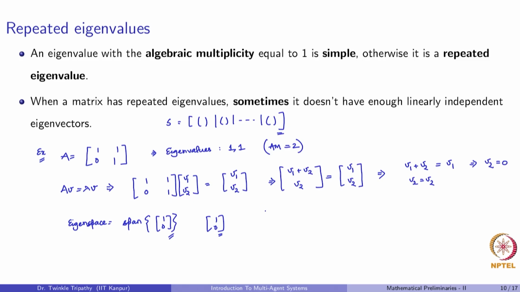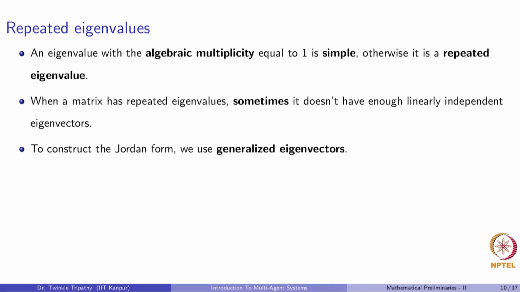Then what do we do? How do we construct the matrix S? We are supposed to have two eigenvectors. S should be invertible, so that is why we need all of the eigenvectors to be linearly independent. But we do not get that, we get only one eigenvector. How do we go ahead and calculate the rest? Let's answer that question. In order to be able to do that, we construct what are known as generalized eigenvectors.